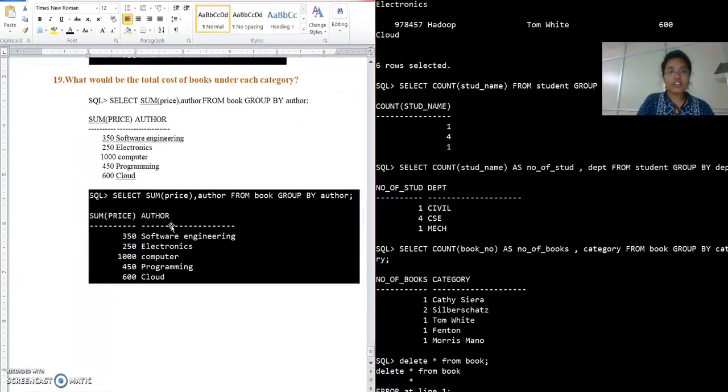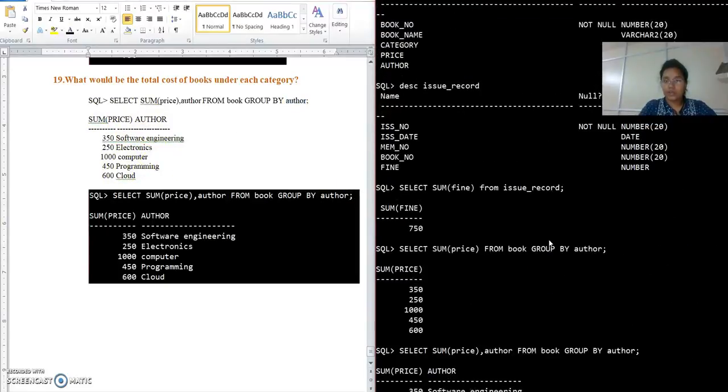And the last question of this command from the example is: what would be the total cost of books under each category? So I need to find the total cost of software engineering books. I have 2 computer books, right? So I need to give the total cost. If it is 500, it would be 1000, right? So what I do is select price, comma, I need to list by author or the category, author from book, group by author or category. As you can see, the sum of price and this are given side by side. If you want to see the table,